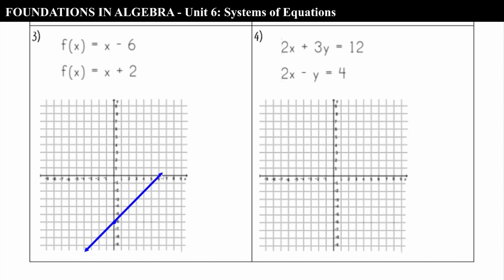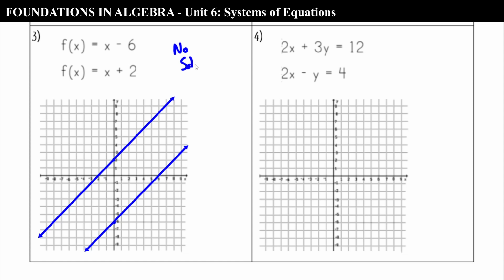By now, you've probably graphed enough slopes of 1 to know that you're just going diagonally through the grid. Okay. And then we've got a y-intercept of 2 and a slope again of 1. So let me make sure I graph this properly through the grid points. And you'll notice that we have parallel lines. So therefore we have